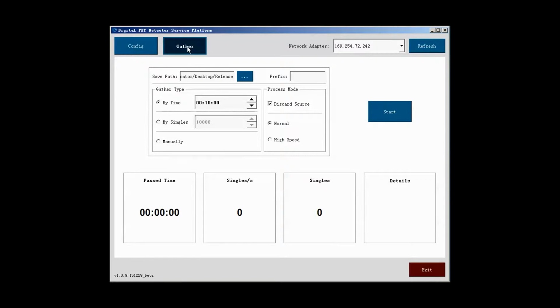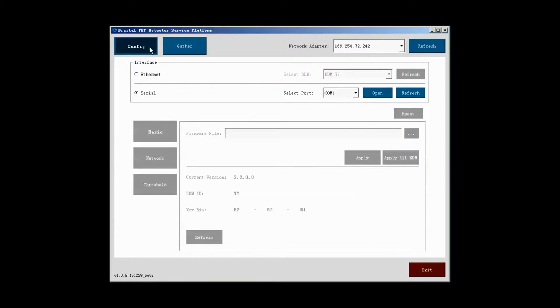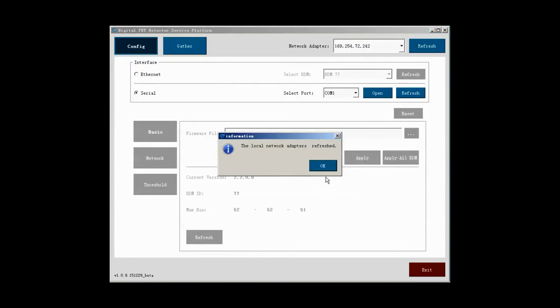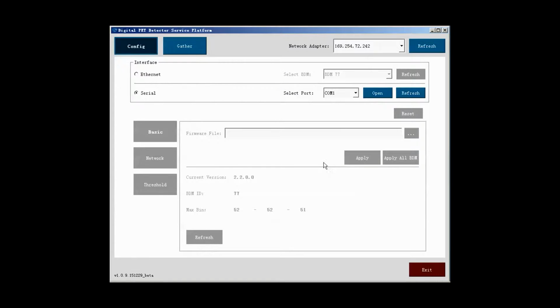Once the detector is connected, parameter configuration and data sampling can be carried out using the SIBDM server software. Based on your application needs, you can choose the network adapter or serial port as the setup interface. In either mode, the SIBDM server can detect a connected BDM and display its ID.